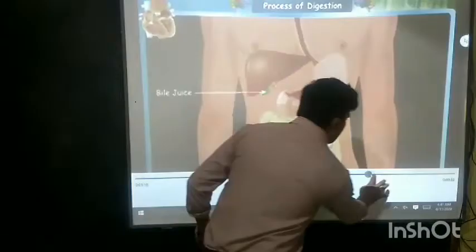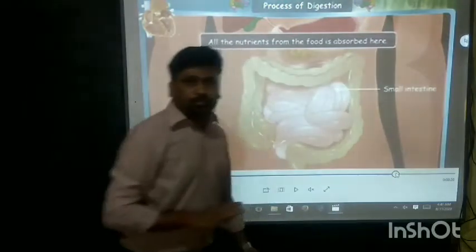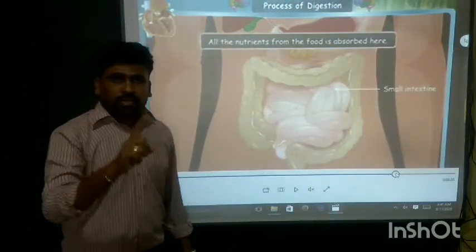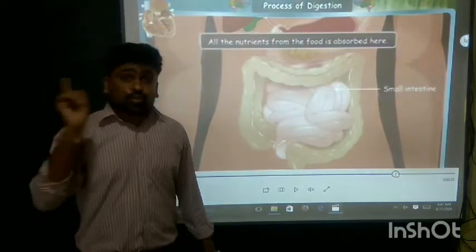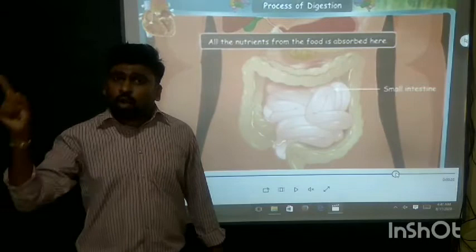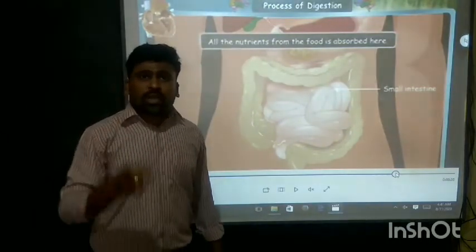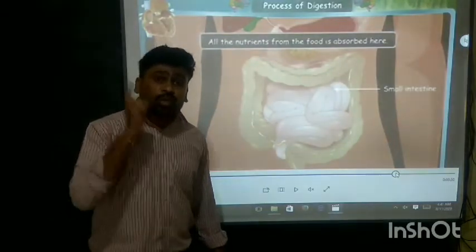Which absorbs the food. Clear? Alright. Where did the food come from the stomach? The food has entered the small intestine. Clear? When food comes from the stomach into the small intestine, at that time one special digestive juice which is produced in the